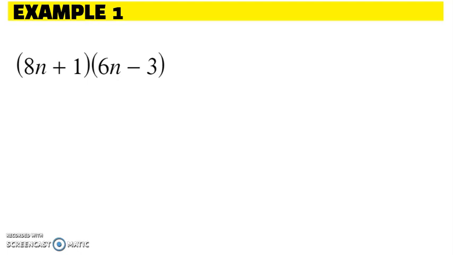Let's talk about multiplying polynomials. Let's use the stack method. This is more traditional, kind of like our standard algorithm. So I have this quantity 8n plus 1 times the quantity 6n minus 3. What I can do is if I stack them,